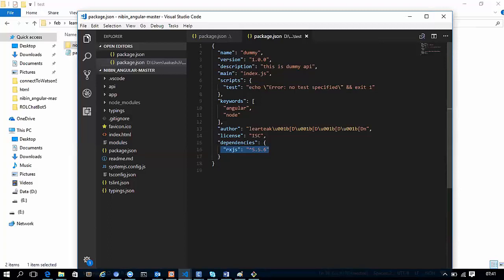What happens in the company, generally, people will pass you the code. And they don't pass the node module folder because the node module folder is the heaviest folder in our application, and we don't transfer it. Instead of that, we transfer this package.json. Then the first command that you will write when you get a project is npm space install. That's it. It automatically goes to the package.json and reads all the